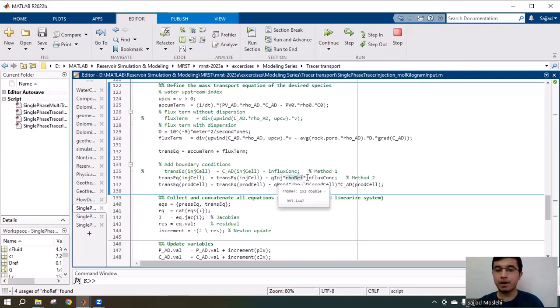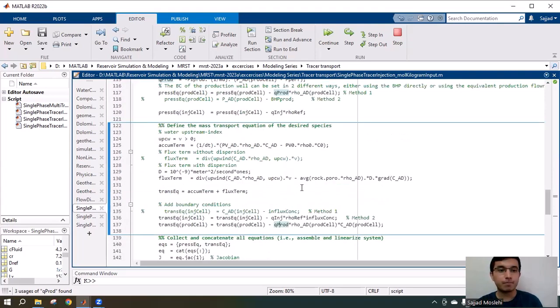And multiplied by the concentration of the tracer in the injected water. And we do the same for the production cell. The transport equation for the production cell, or production cells if we have multiple wells, minus production rate